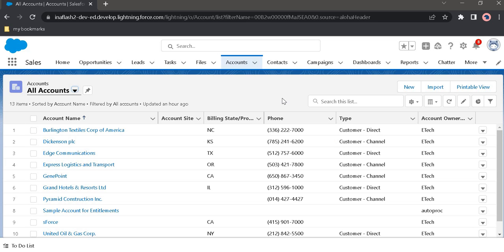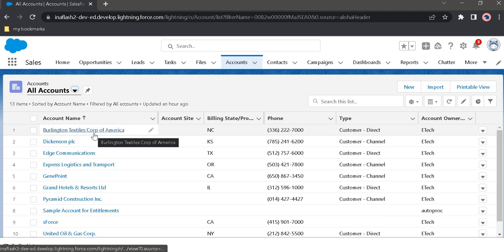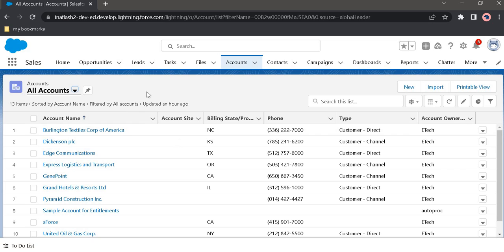As we mentioned in the last video, there are various types of objects, and this account, contact, campaigns, these are various kinds of records. Say for example, in account you store different accounts, in the sense that you have different companies as your customers. For example, this Edge Communications, GenPoint, these are some examples provided by Salesforce. These are some example records that are already put in by Salesforce into your account. These are automatically created when you create an account. So these all are accounts.